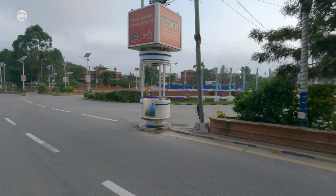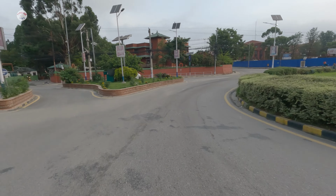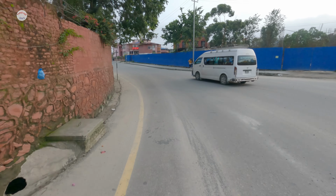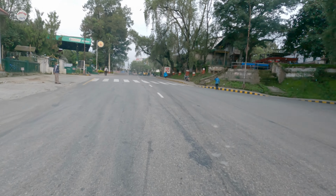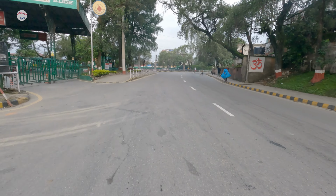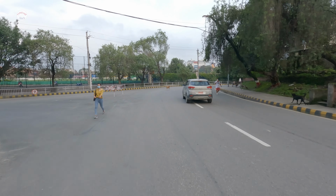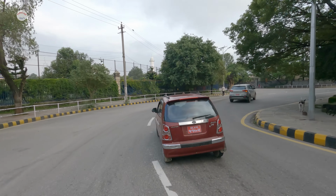Heading down from Maitigar Mandala across this roundabout, I'm going to take the street towards Sahid Gate. So this is a shortcut, and on our right we can see the temple of Bhadrakali. You can also see a lot of street dogs. Have to be extra careful on the road. Moving on towards our left,